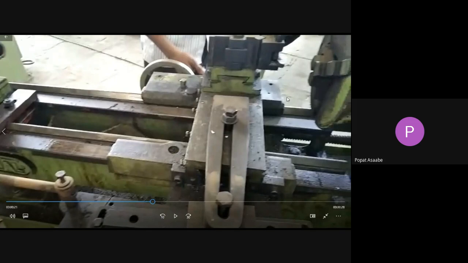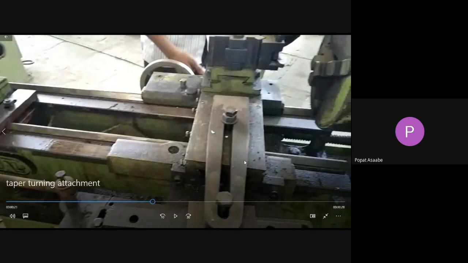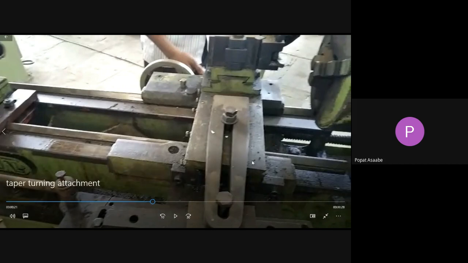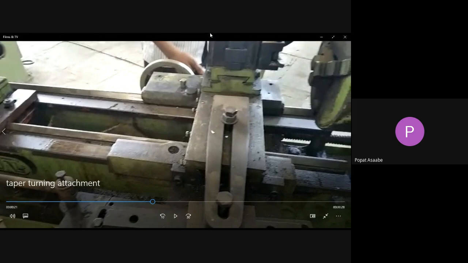Simple. See what has been done in this. See here, this is our whole carriage. It consists of the tool post. This is the cross slide. What is the function of the cross slide? The function of that cross slide is giving the depth of cut. With the help of that cross slide we can move it in this side.